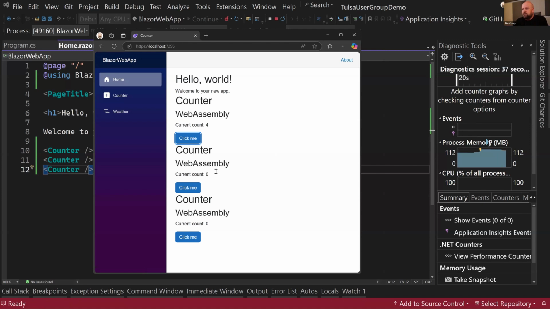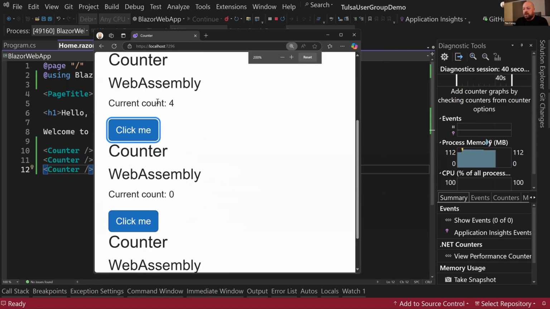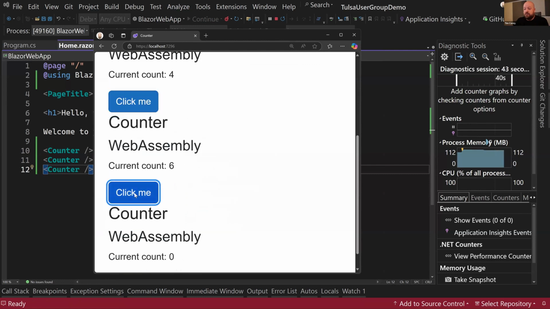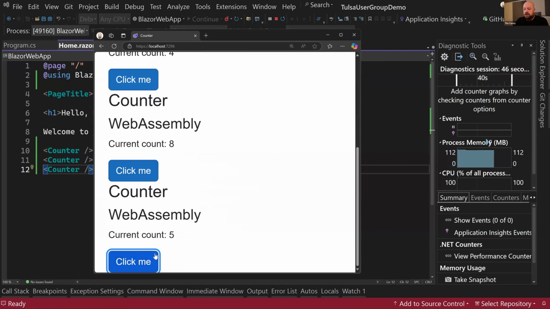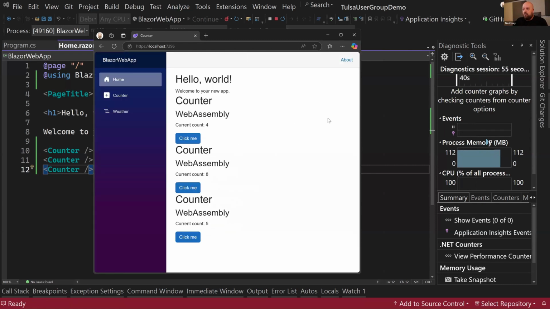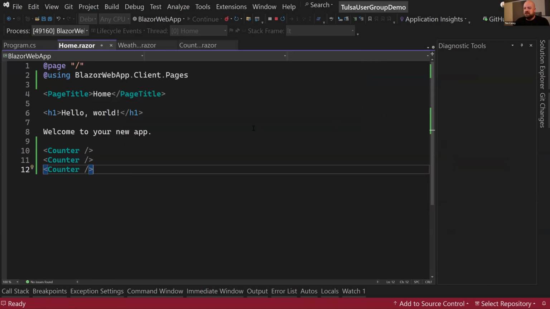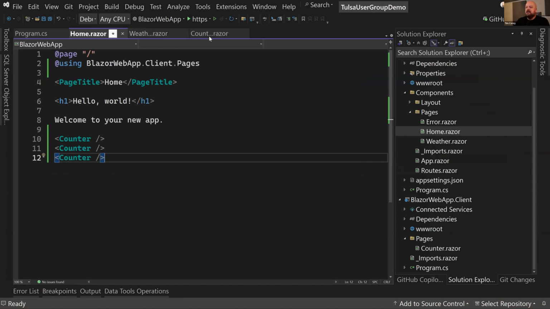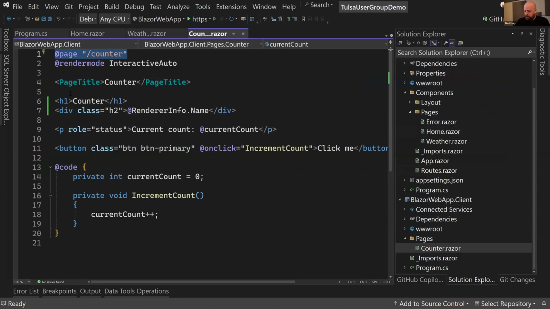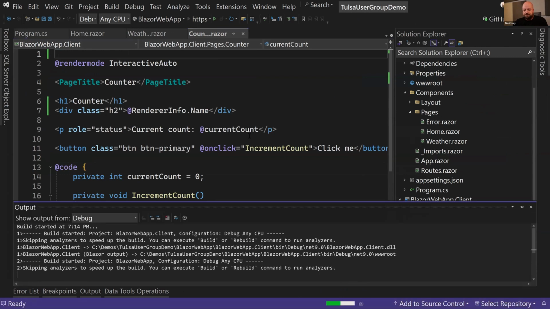Notice that might be a little hard to see here. Let's zoom in. We have current count 4, current count 1, which I can increment separately, and current count here of 5. So 4, 8, 5, they're 3 separate components, but they're all on the home page. So that's how every Blazor component is built. It's first a component and secondarily a page if you want it to be, which also means that when you're building something and you create a new component and you forget to put this directive at the top, at page, and then put the location, and you think, well, I've created my counter, and you go to run this, well,